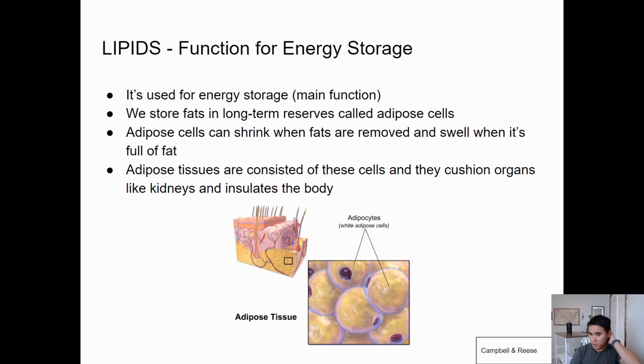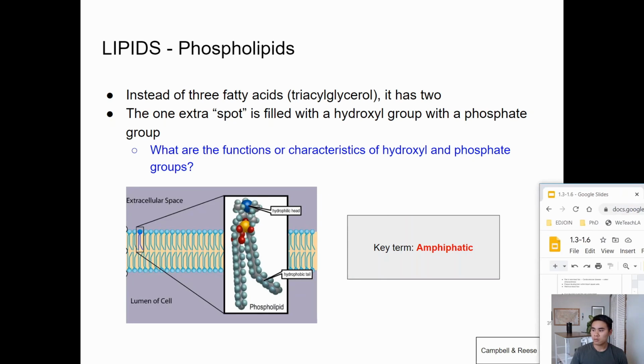So it's good. I mean, it's good to a certain degree. There's a healthy amount of adipose cells and tissues within the body that is required, and they do provide warmth. And if you want to think about lipids as a function for energy storage, just think about